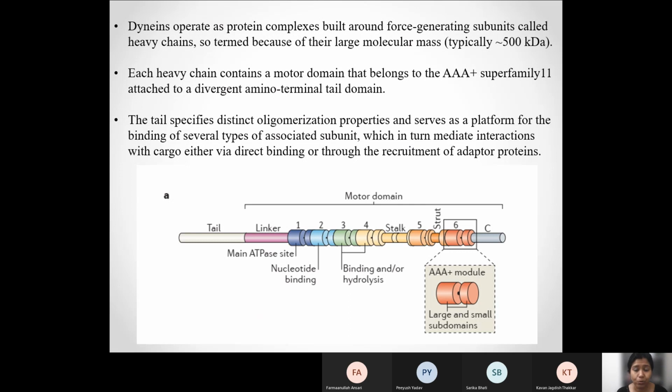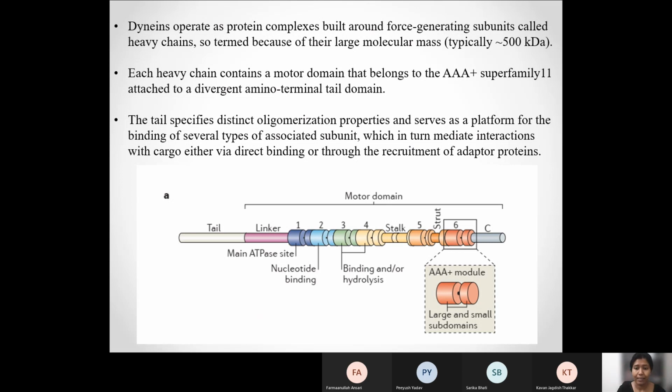So let us come back to the structure of dynein, because that is where we are going to focus today. We have time and again emphasized that the main heavy chain of dynein is one single polypeptide, but it has these 6 individual domains of AAA plus ATPase module. So you have these AAA plus ATPase modules, 6 of them, in such a manner that they can fold in the way of a ring,